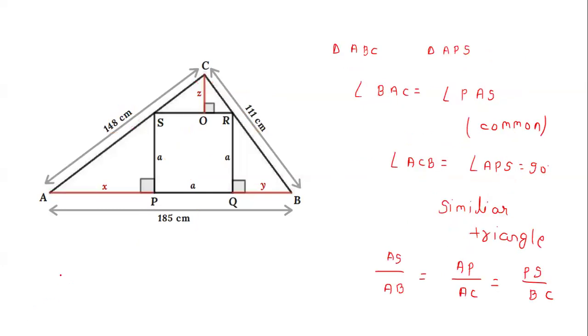Now further we proceed by the similarity of the triangles. If you look at the triangle ABC and APS, this is A, this is B, this is C. So this is the ABC triangle, and this is A, this is P, this is S. So this is the APS triangle. Now let me draw. So this is ACB, where angle C is 90 degree, and here you can see that angle P is 90 degree.